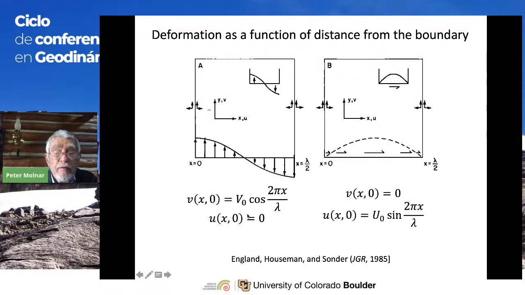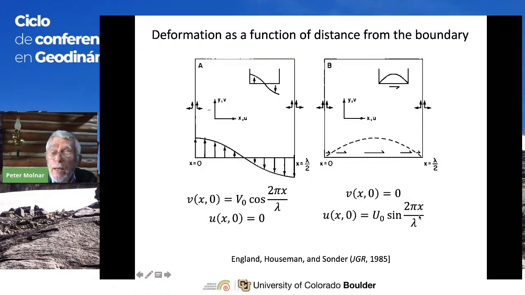So if we have boundary conditions, as I wrote before, if we have v moving inward at x equals 0 and moving outward at x equals lambda over 2, where the width of this region is lambda over 2. Lambda is the wavelength. So it's a cosine function like this. And we have x equals 0, no horizontal movement along this boundary. I think there's a mistake here. And in this case, we have the horizontal component of velocity moving with a sine function. So it's 0 at this corner, 0 at this corner, maximum in the middle, where x is equal to lambda over 2.